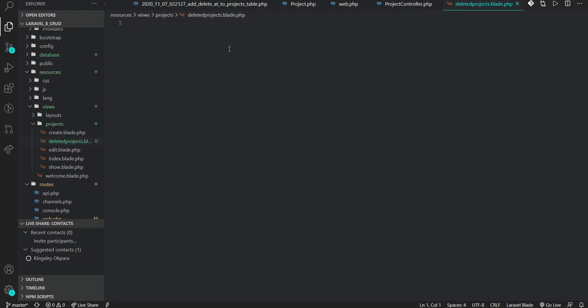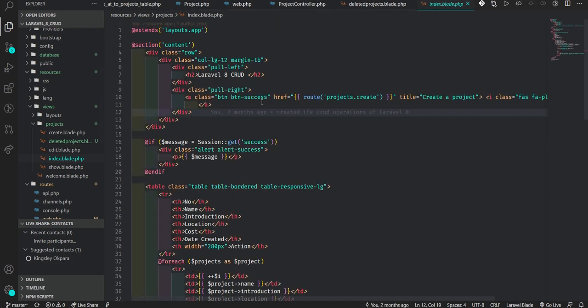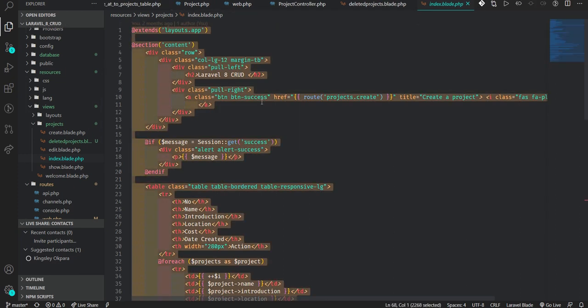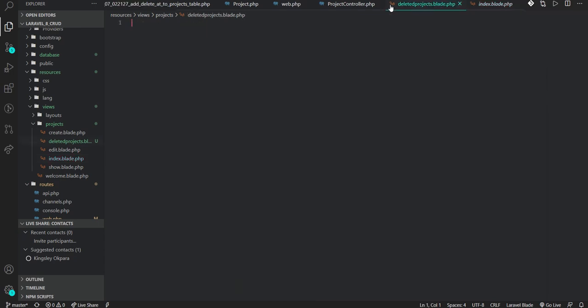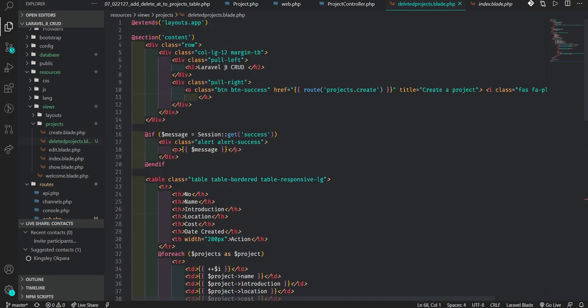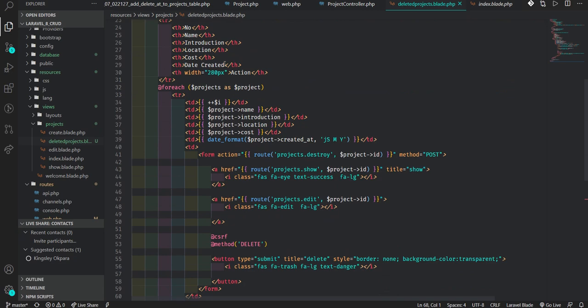Now because of our time, we are not going to be writing all the HTML and everything. We are going to come to the project index and copy what we have there, because a lot of things might not change. So once we copy it there, we paste it here. Everything will always look almost the same. So already we have projects here.